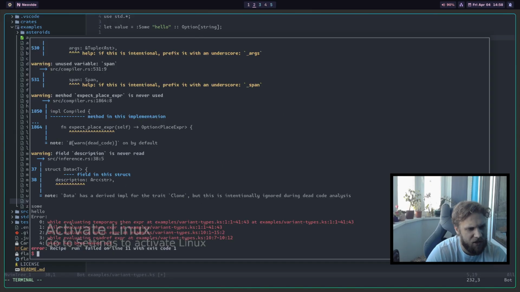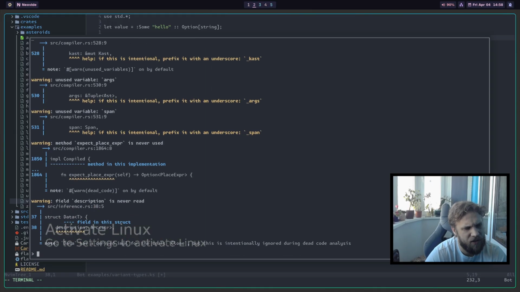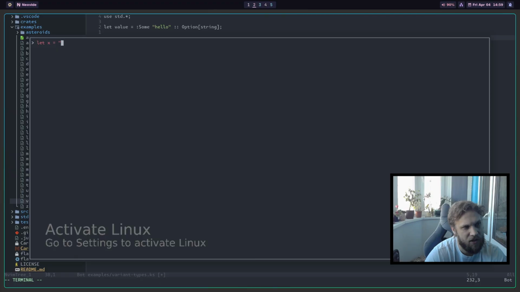Would you do ref matching? The simplest form of that would be something like let x be hello. So right now if I do let y equal x,